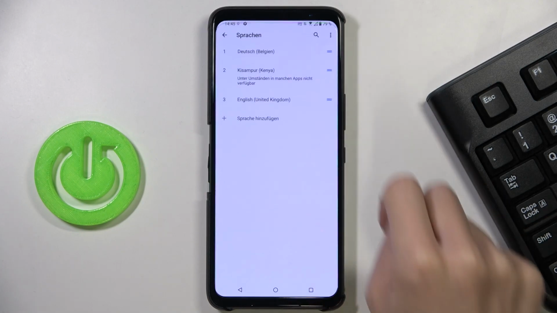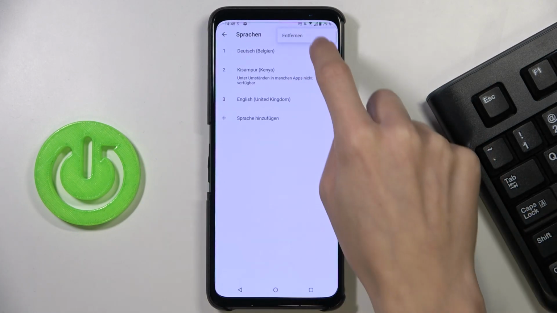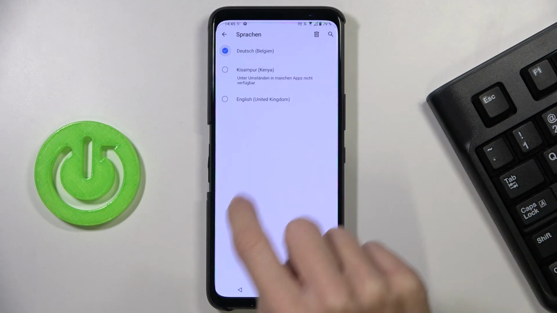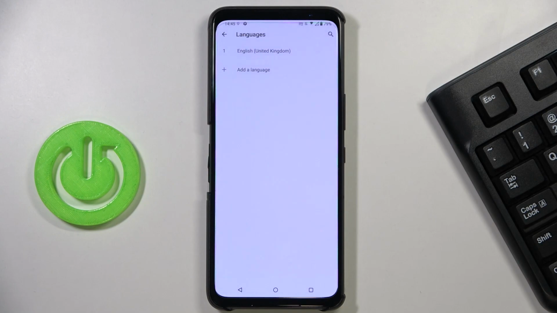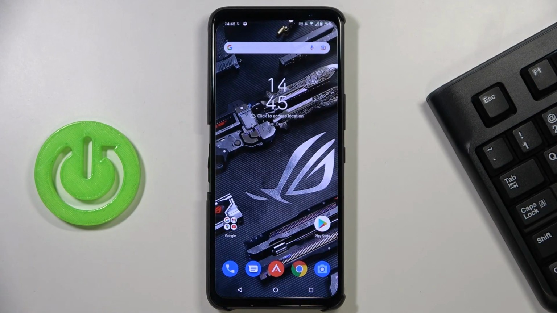Then whenever you'd like to remove unnecessary languages, tap on More, select Remove, mark those that you would like to delete, tap on the bin icon, and confirm it by tapping on OK. And this is it, this is how you can manage